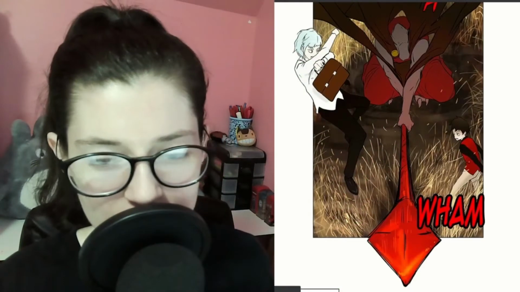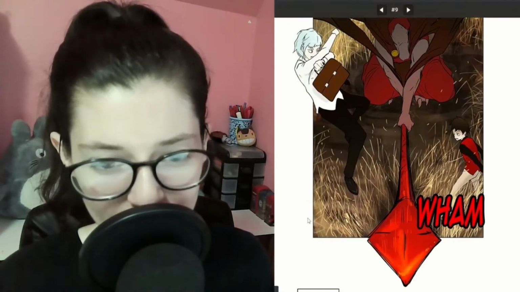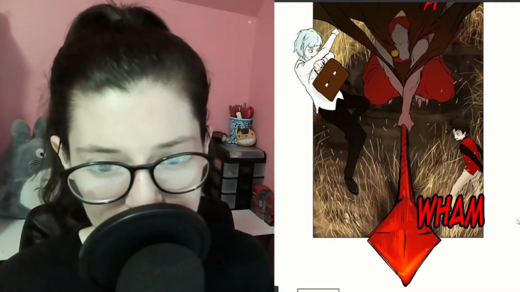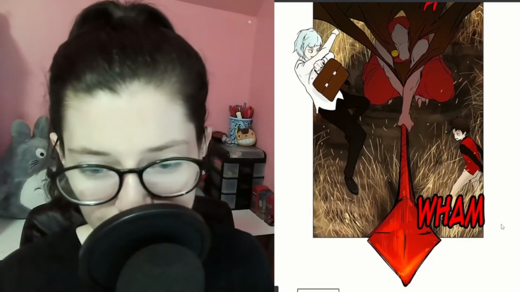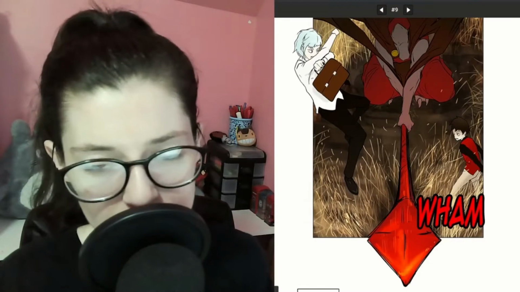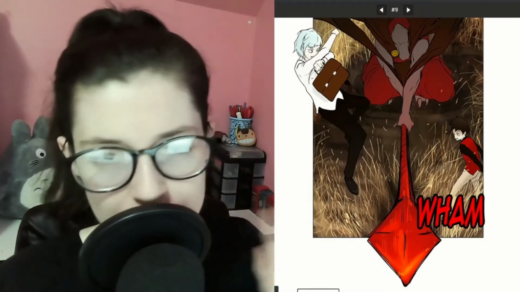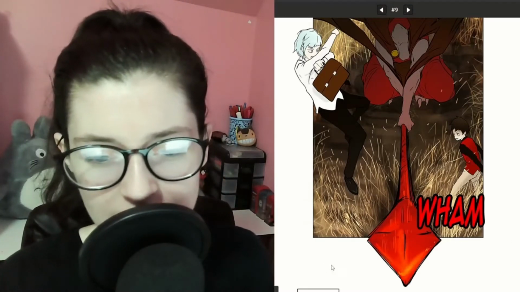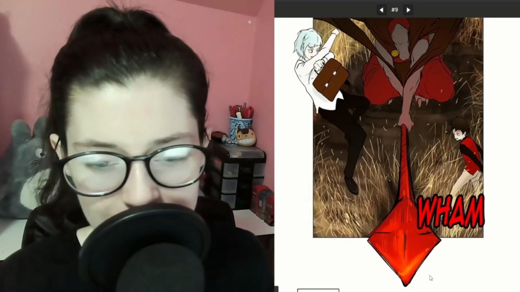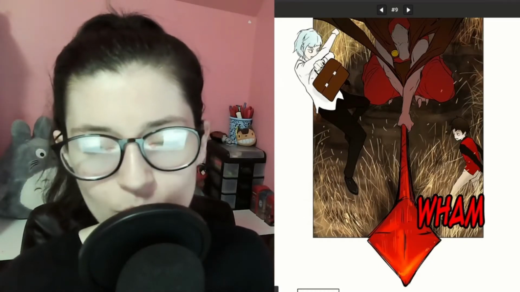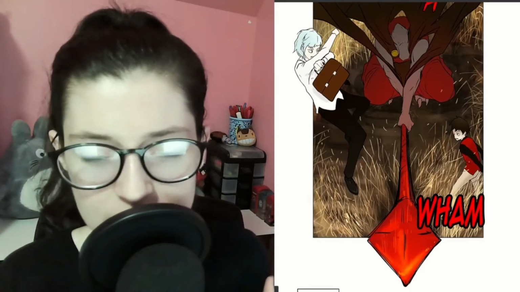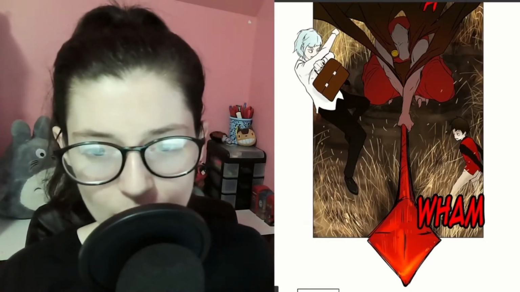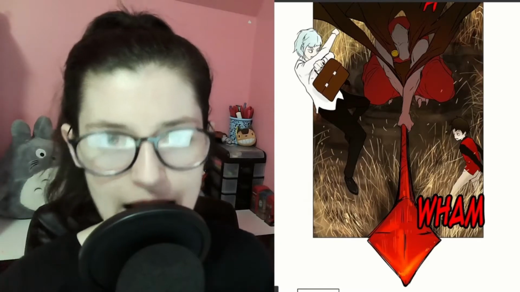I love in this panel that they have the outline of the actual panel, but then they have elements coming out of it. This isn't the only section where they do that. There's been previous sections, but coming outside of the panel, one creates a feeling of motion and action, but two,